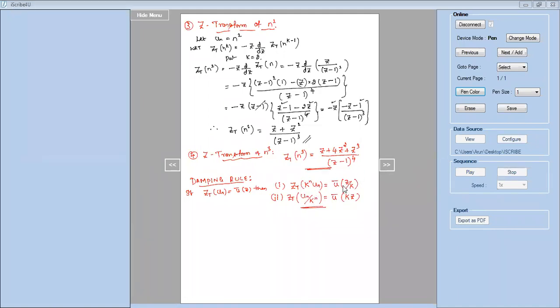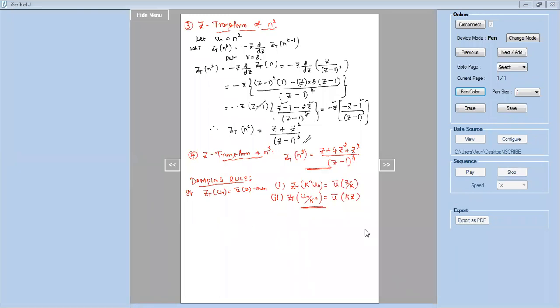By using these two properties, I'm going to rewrite the Z transformation formulae, whatever I have derived. So I know the Z transform of n, Z transform of n square, n cube, and all these things. With the help of this damping rule, I'll rewrite these formulas. So totally you get these four standard formulae, plus using the damping rule, I'll rewrite these formulas once again. So there I'll get another three or four. So totally there will be 8. That 8 I'll make into a list. That list can be used while solving a problem. That list is called the list of standard Z transforms.